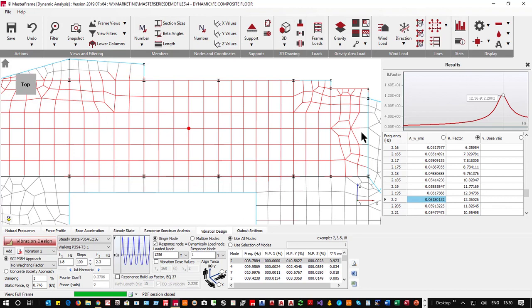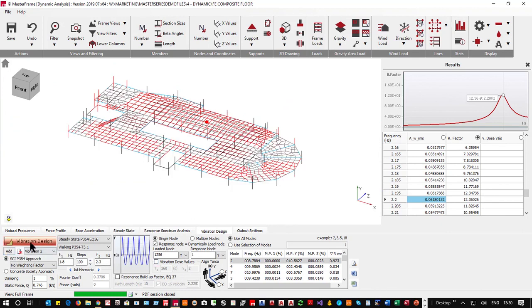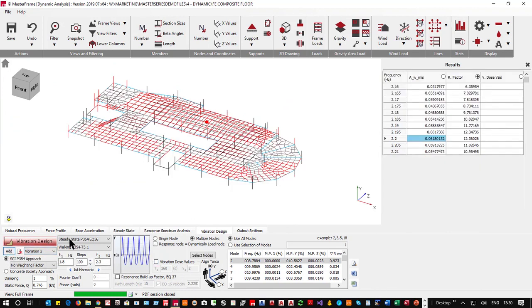We're looking at this area. So first of all, we looked at the whole floor with all the nodes loaded and all the nodes being sensitive. Here we looked at the one node and it being on its own, and it's all very straightforward to do. Now the next thing I want to look at is to come in and add in a third case,